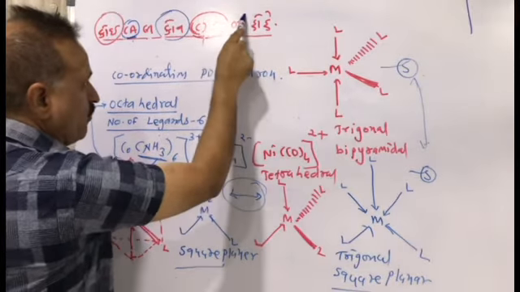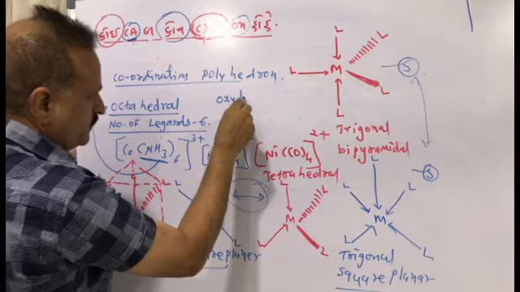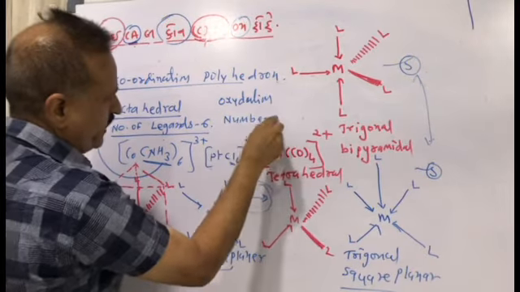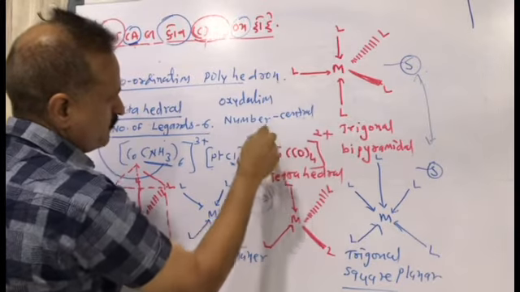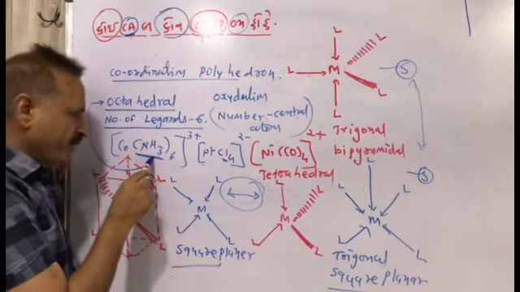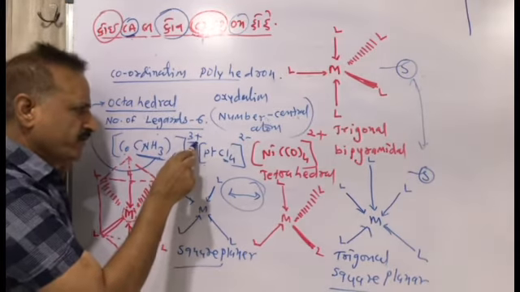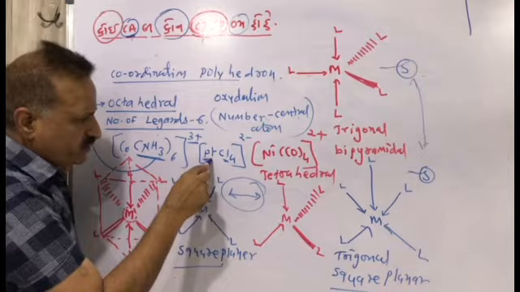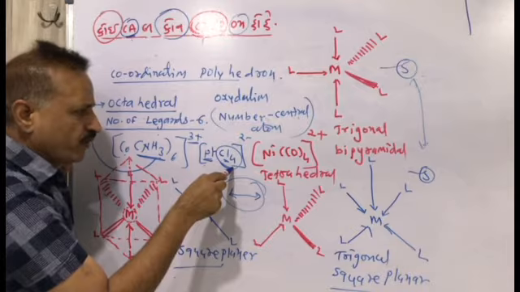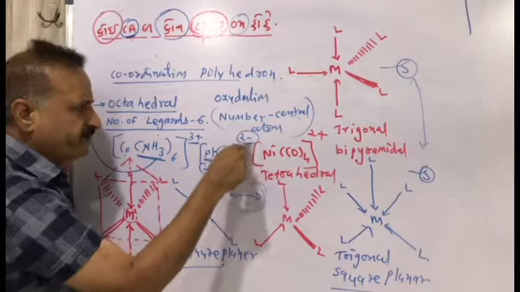The polyhedral is completed. Now ON means oxidation number. Oxidation number. ON means the oxidation number of the central atom. You all know how we decide the oxidation number. If ammonia is neutral, then cobalt will be 3 plus. So cobalt has the oxidation number 3 plus. In the same way platinum is 2 plus. The oxidation number of platinum is 2 plus. The total chloride ion is 4, so it is 4 minus and 2 plus, then the remaining charge will be 2 minus.